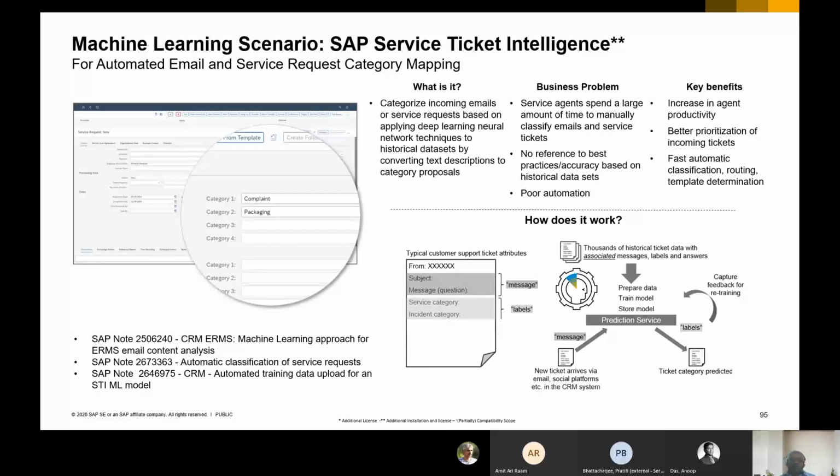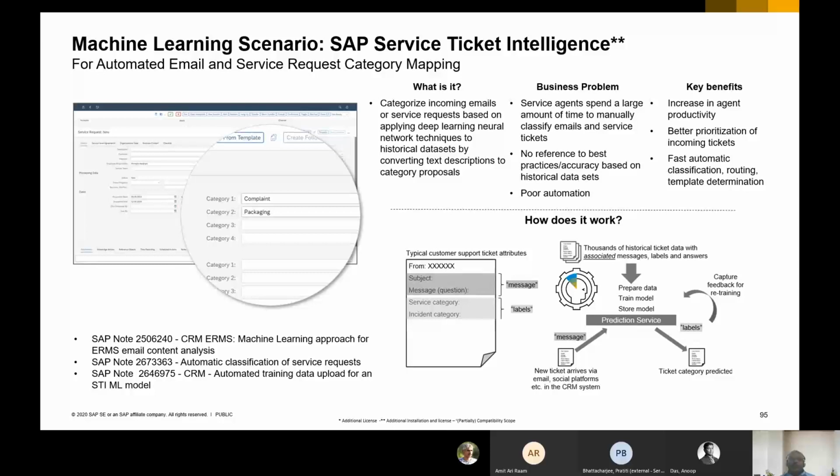You will have historical data sets, converting the text descriptions into category proposals. So this will give you an idea of the type of complaints that you're receiving and identify the tickets based on its attributes, then try to resolve the business problems that have been raised and prioritize them also.